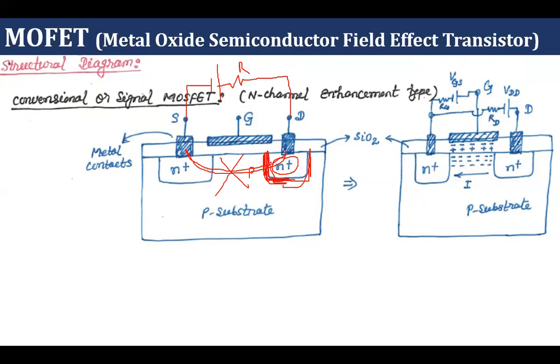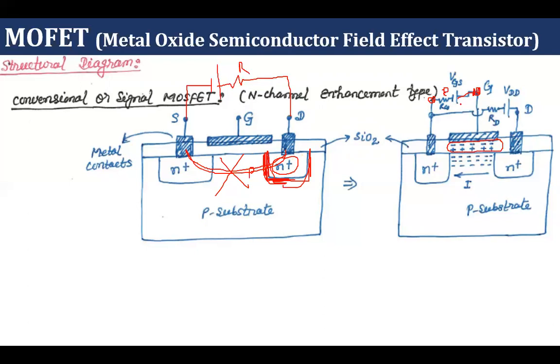So we need to create a channel at this place so that charge carrier movement will happen, and only then can current flow. For this purpose, we need to apply voltage at the gate terminal, with respect to source. Here a resistance has been connected to limit the charging current, and then we have a DC voltage connected to the gate. The moment we connect this voltage source, since in between we have an insulating layer, whatever molecules are available within the insulating layer will polarize.